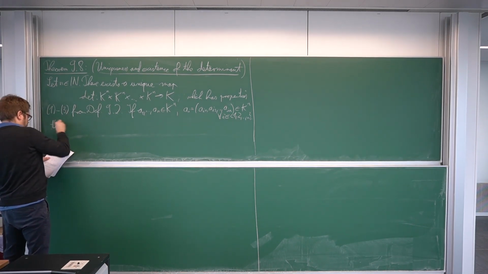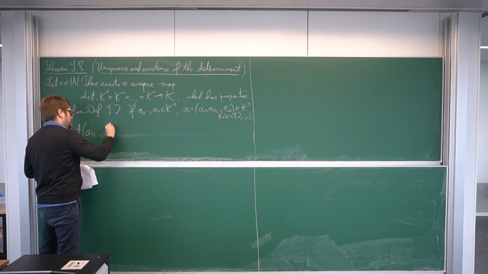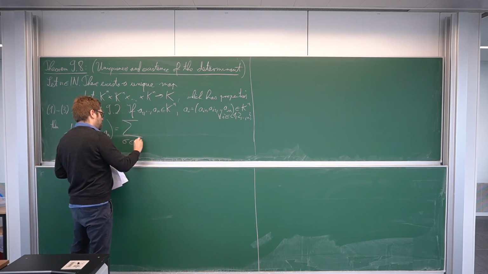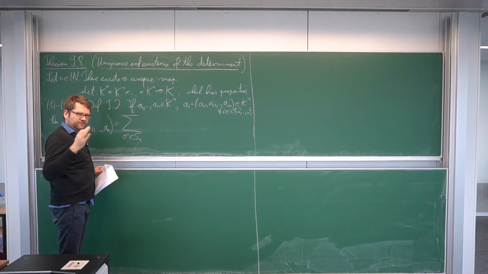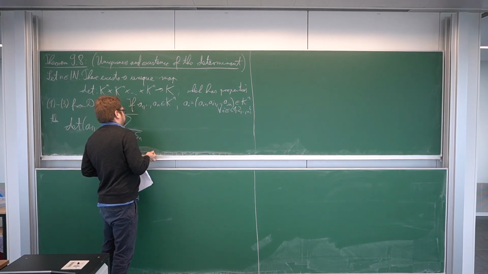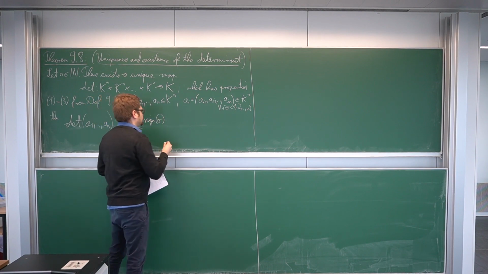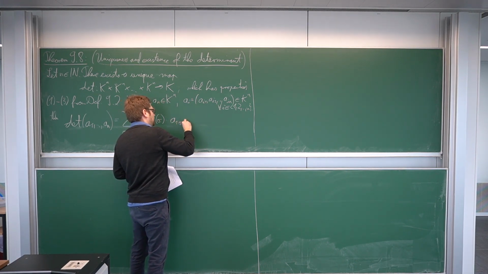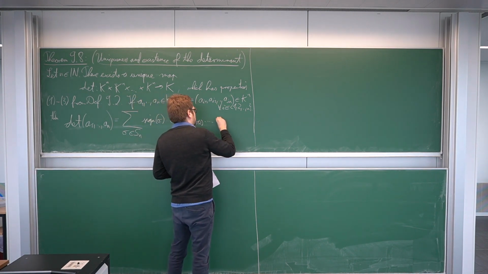Then, and now brace yourselves, the determinant of A1 to AN is given as a sum, where the sum is indexed over all permutations of n elements. As n has finitely many elements, this is really a finite sum, so we don't need to worry, it's not a series or anything. So, a finite sum. And now we first get the sign of the permutation, sign of sigma, times an interesting product of entries of these vectors: A1 sigma of 1 times A2 sigma of 2 until AN